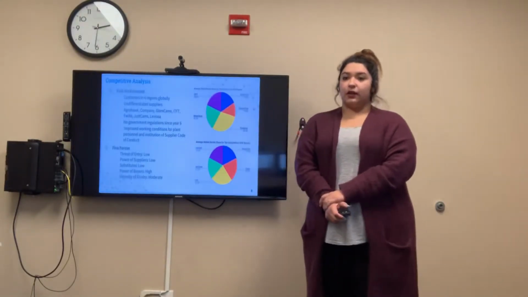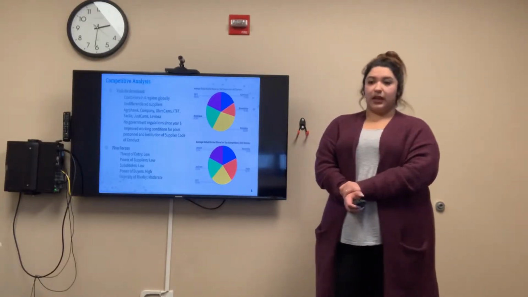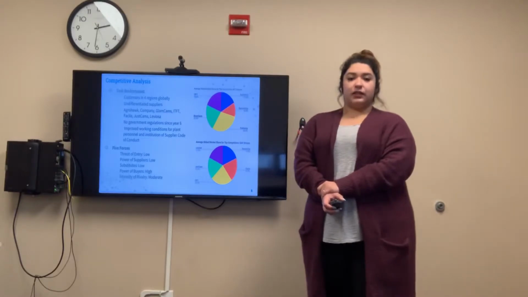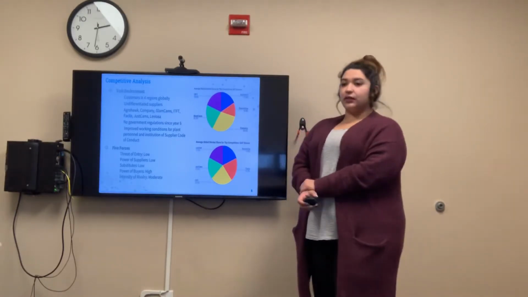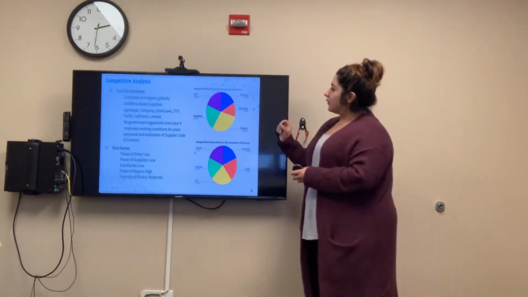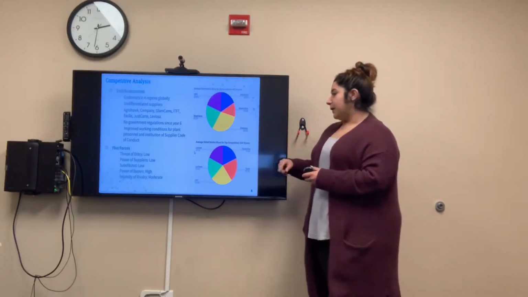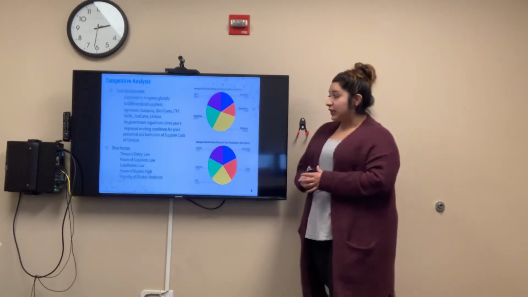And then as a management group, we found that our main competitors are going to be AgroHawk Company, Glam Cams, ITFT, Facile, Just Cams, and Leviosa. And as you can see in the graphs to the right, the main competitor for market share in AC cameras is going to be Company, and the main competitor for market share in UAV drones is going to be ITFT.